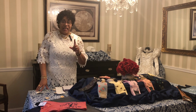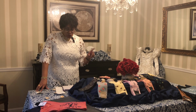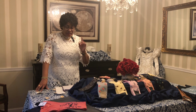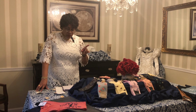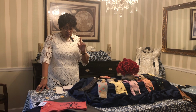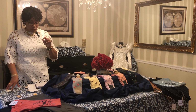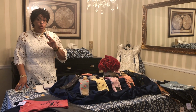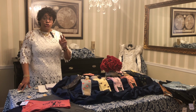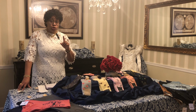Let's start with the socks. The socks I have here totaled $83.67. Now, the tech pants, I bought 3 pairs of those at $74.50 each. The khaki pants, I bought 1 pair of those at $59.50. The jeans, I bought 2 pairs at $79.50 each. I bought 2 t-shirts at $34.50 each, bringing me to a total of